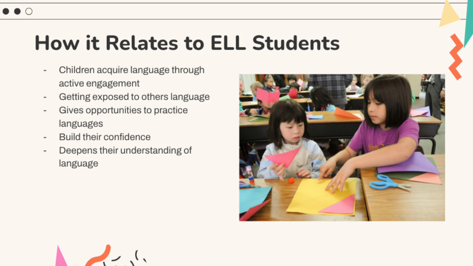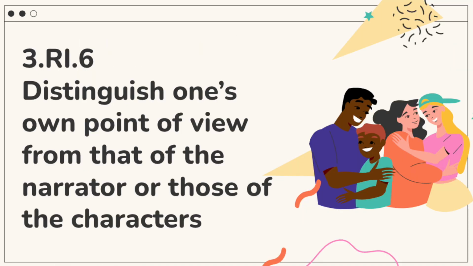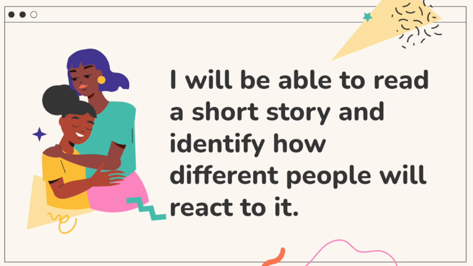We as educators can create a classroom environment that allows students to collaborate and give them the tools they need to build their skills. Our objective is that students can read a story or prompt and identify how multiple different people will react to it. We want our students to think beyond their own perspective so that they are able to discuss and share out how different characters might feel about that situation. The students will also be given a scenario with multiple characters, and we want them to say what they think each character feels and why. This will help them with understanding emotions and viewpoints.